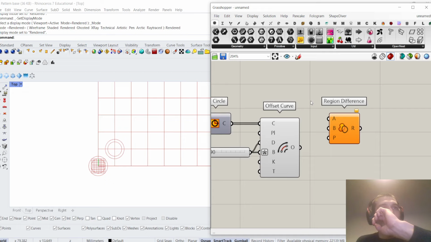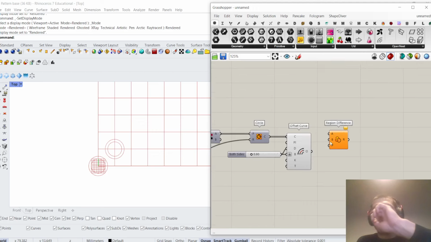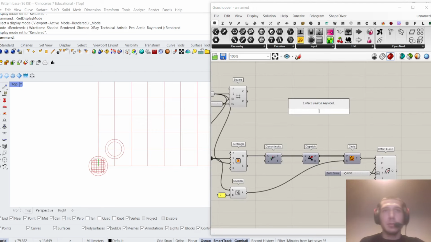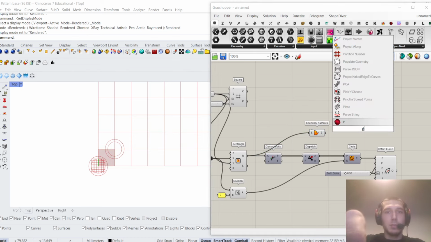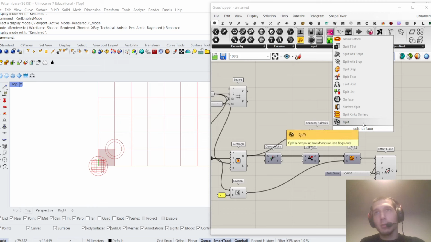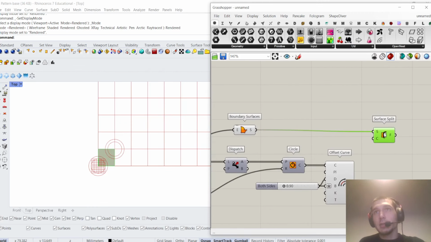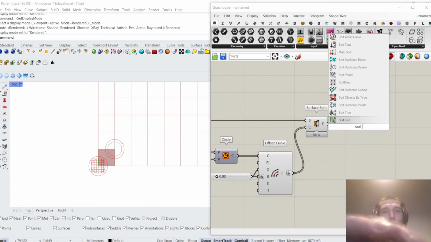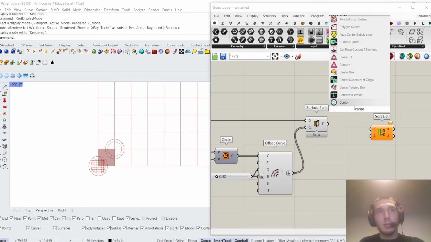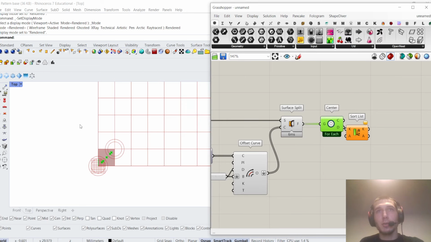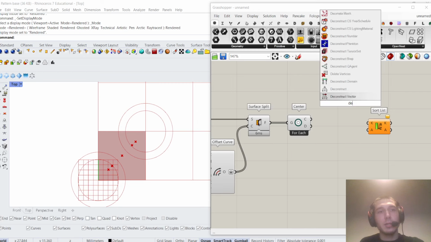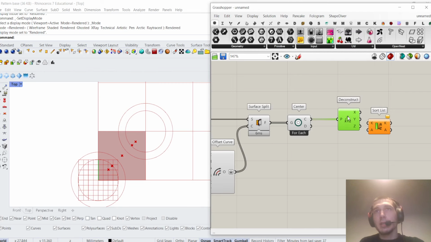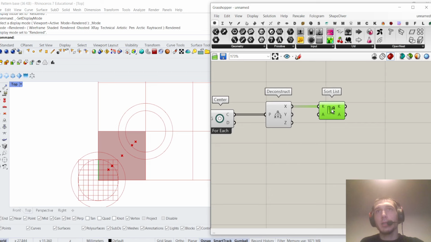So let's say, yeah, I think I have an idea how to solve it. So let's do it a bit differently. Let's say boundary surfaces. Here let's say split surface. We use these curves to actually flatten them, we use them to split it, and then we say sort list. We take the centers of these split surfaces and we need to sort them. You see they all have different x coordinates, so we say construct point. We take the x coordinate, sort it,